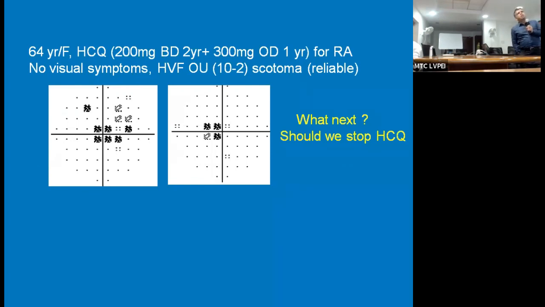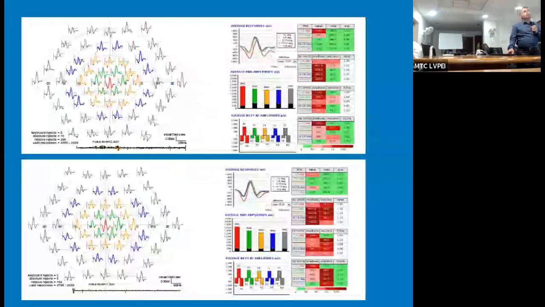We know that HCQ is an immunomodulator drug, and though it is bad for the eye, systemically it is very well tolerated and has a very good side effect profile. So before telling the rheumatologist to stop this drug, one should be damn sure that it is really true toxicity. So in those cases, a multifocal ERG helps.